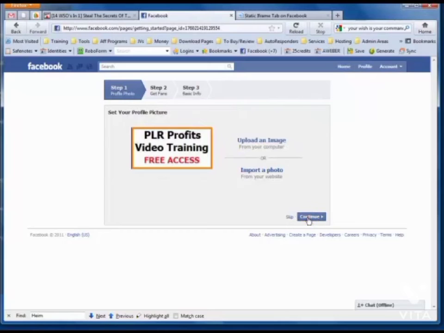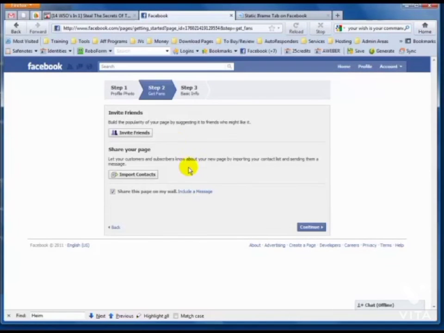Alright, then I'm going to hit continue. For the get fans thing, you can invite friends or import contacts, or you can skip this. For now we're going to skip this because that's some basic stuff, but if you're getting started and you know you're going to do this pretty quickly, you can go ahead and do that at that point. We're going to hit continue,